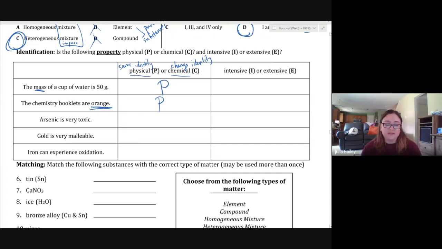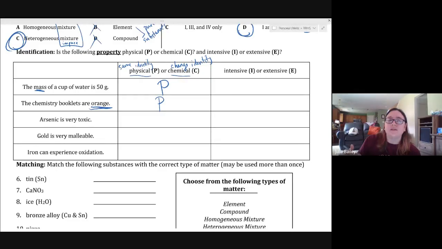Arsenic is very toxic. If something was poisoned by arsenic, we've talked about toxicity where that actually changes what your cells are doing. Like it causes chemical reactions in your cells that ultimately end up causing you to act poisoned, which usually involves vomiting and diarrhea and blood coming out of places. It's gross. Anyway,